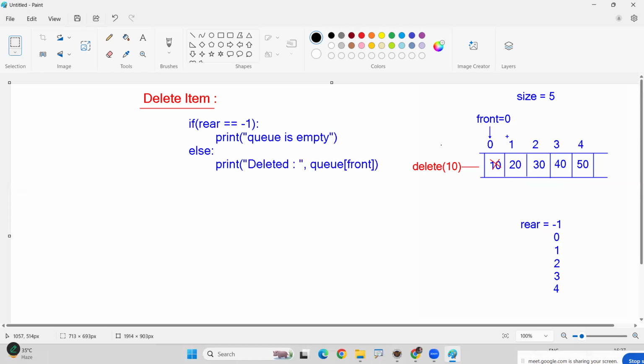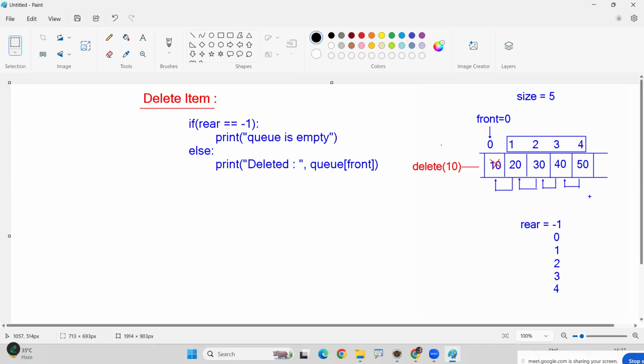Second location element should go to the first location. Third location element will go to second location. Fourth location element will go to third location. Finally,